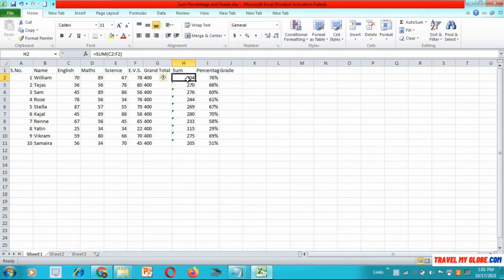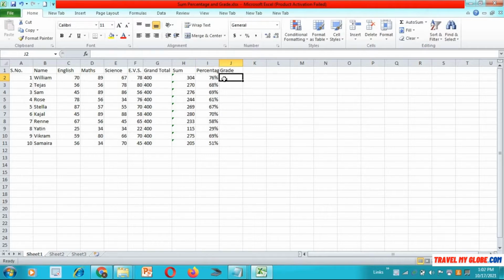For example, this cell has 304, that means William has got 304 out of 400. This is the total of marks of English, Maths, Science and EVS, and this is the percentage, that means William has got 76% in the given list. Okay, so we want to calculate the grade.